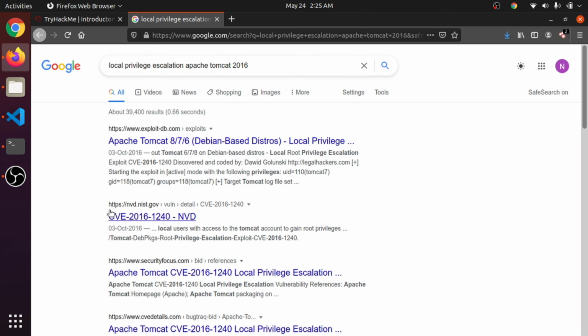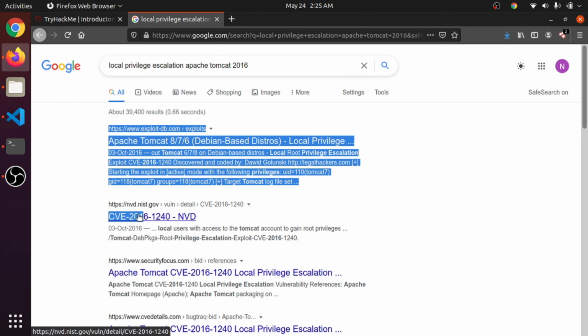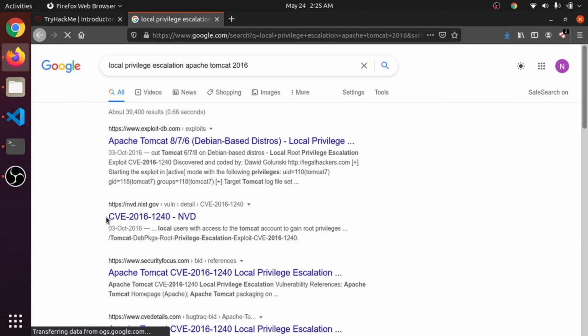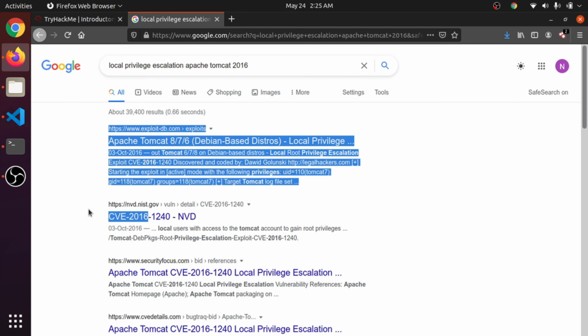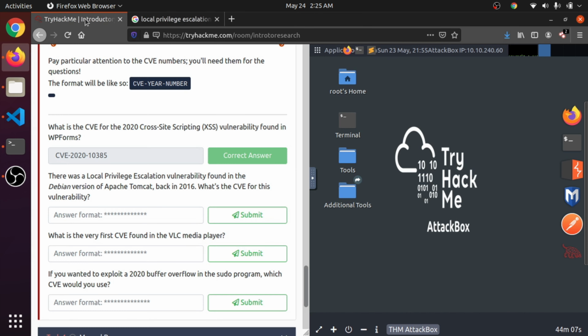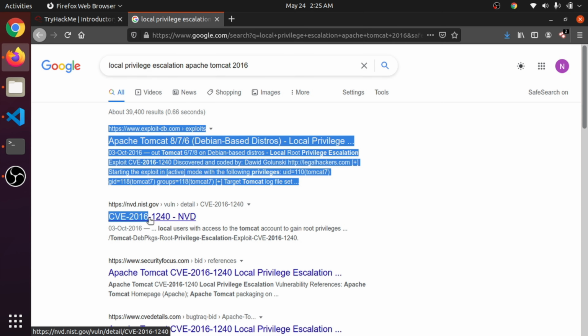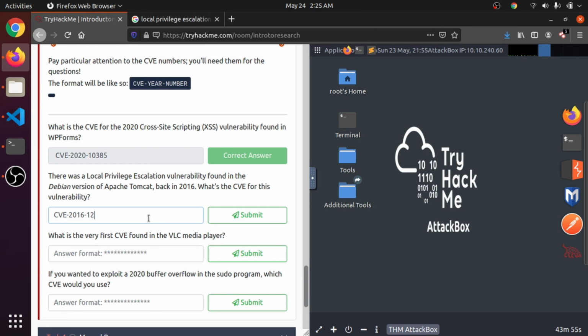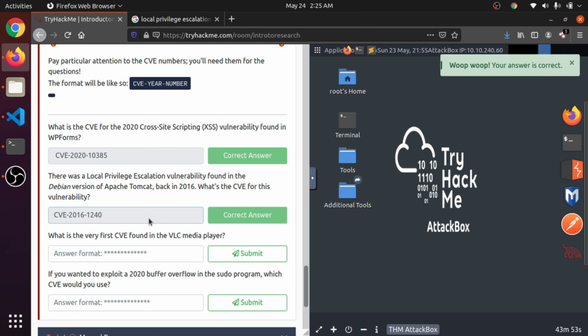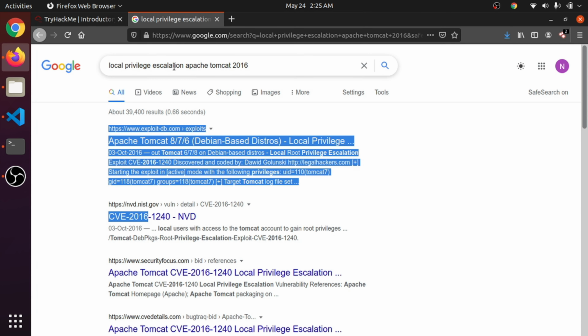So here I think this may be it. Okay, 1240. Okay, it's correct. What is the very first CVE found in VLC media player?